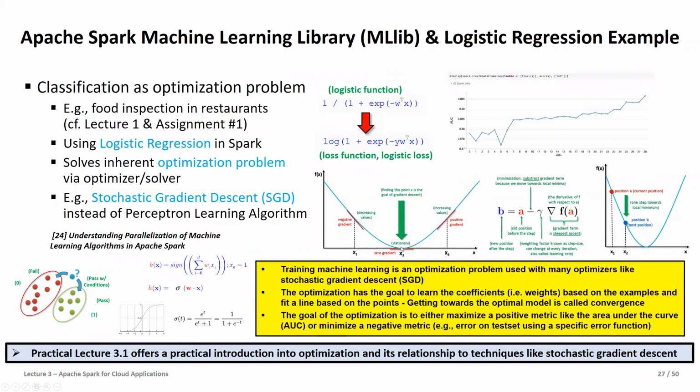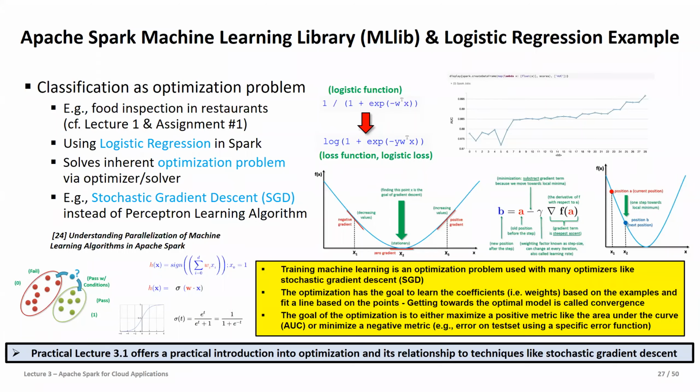This might not be 0, right? This is an important part. Usually in machine learning, you very rarely have 0 error. And if you do, you should question whether it's a good model, because it sounds like overfitting. These allude to many more elaborate machine learning topics like overfitting, underfitting, lack of generalization and things like that. Practical Lecture 3.1 will give you a bit more view into this. And also in a subsequent lecture, lecture 6, we will come back to gradient descent,